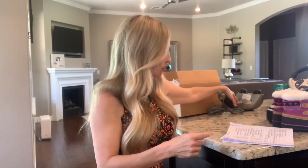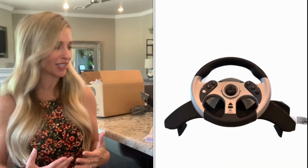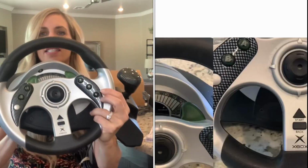Then the next one, a steering wheel, and I'm always thinking I really need to learn more about video games and video game parts, because I know those can be good sellers and sell really fast. So I saw the Xbox steering wheel and I picked that up. This is the steering wheel,